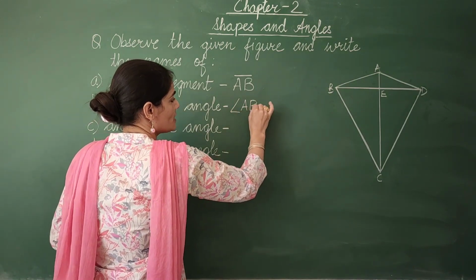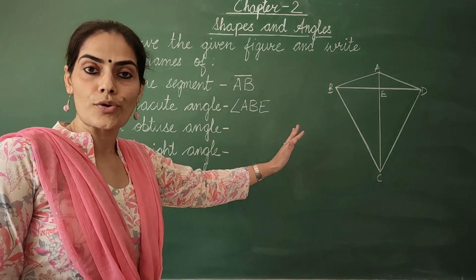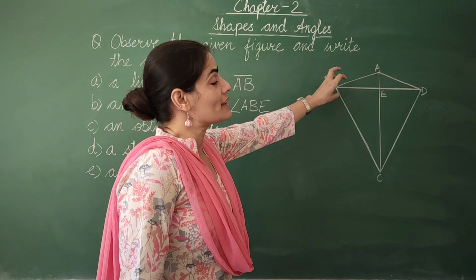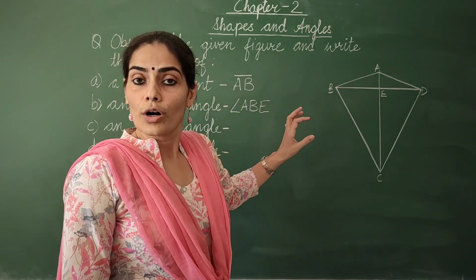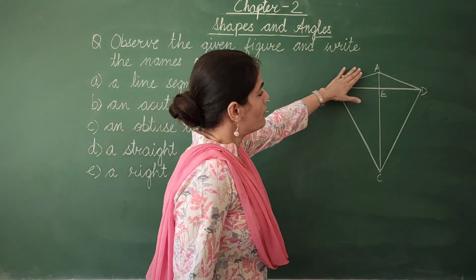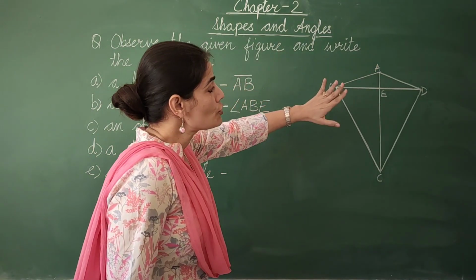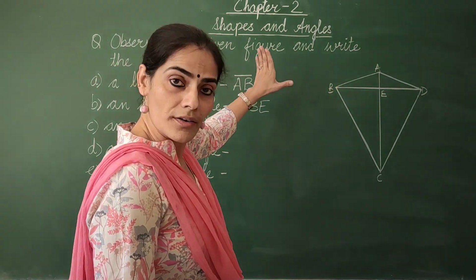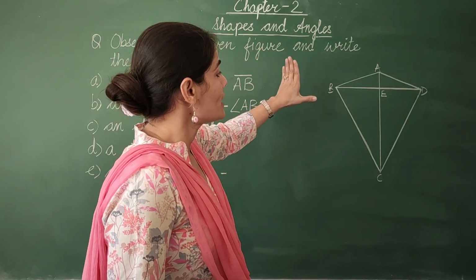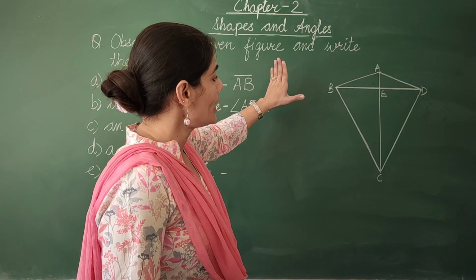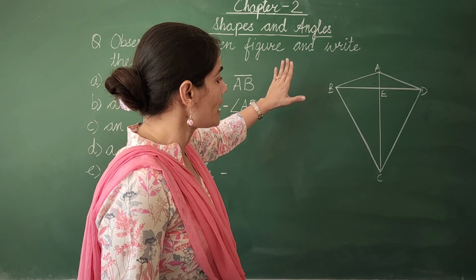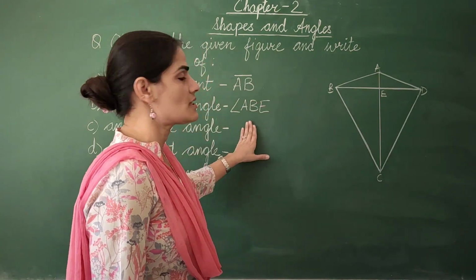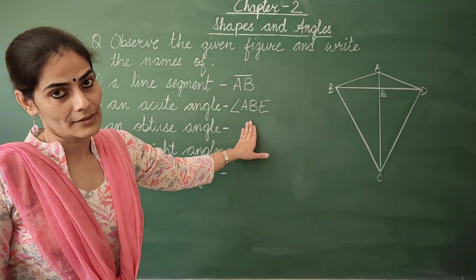Beta, in such case, you are not required to use your protractor to find out. On the basis of the observation itself, you can tell whether the given angle is an acute angle or not. Just observe, if the angle you are observing is less than letter L, which stands for right angle, that means the arms of the angle are closer to each other than in this case. That means it is an acute angle.